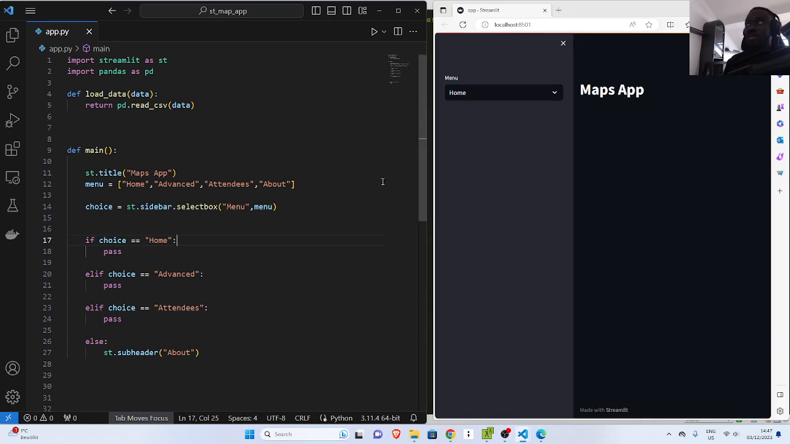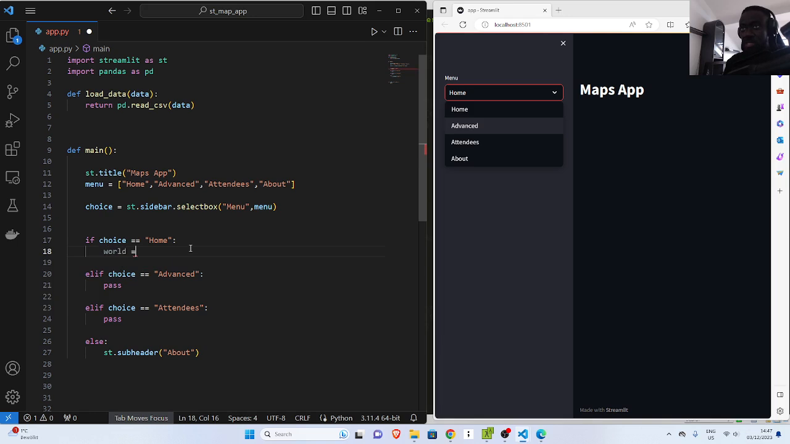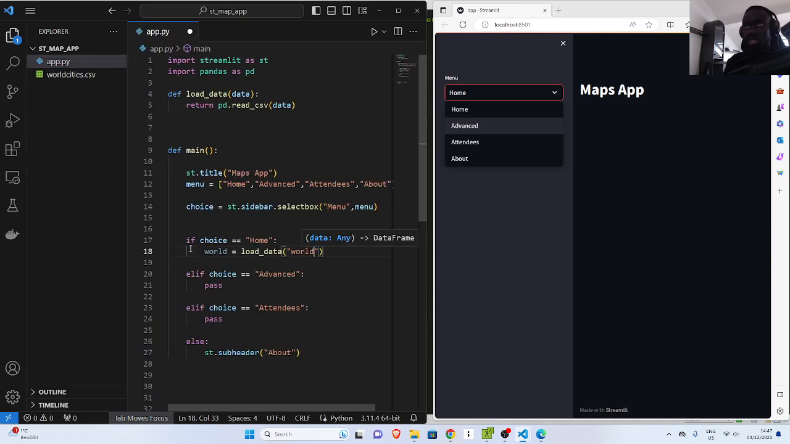Okay, so that is it. That's the basic stuff. Now we need to load the data set, and then we will just show it. So let's first of all load our data. I'll call it, let's say, world, because that's the name of the data set. Then I'll pass in my load data function, which takes in my data set. The name of our data set, as we saw here, is world_cities.csv. I'll save it,